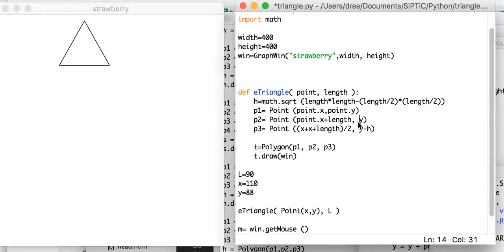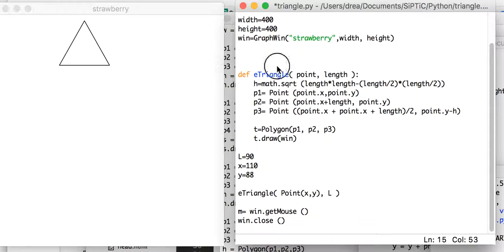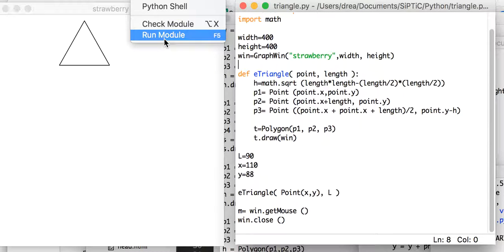Point.x, point.y, and we have to type it a whole bunch here. Point.x plus point.x. I'll put some spaces in here to make it easier to read. And point.y minus h, make a new polygon, draw that, great. There's probably some mistakes in here, but I'm doing this live without a rehearsal. So let's see what happens. So if I run this again,